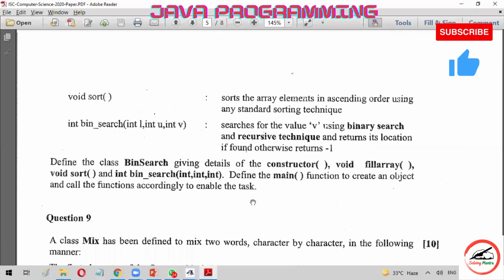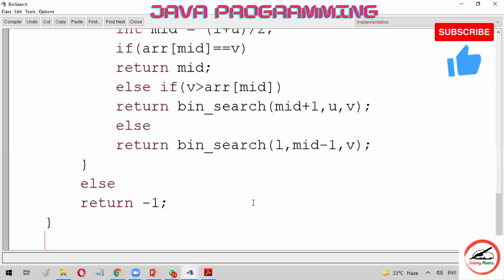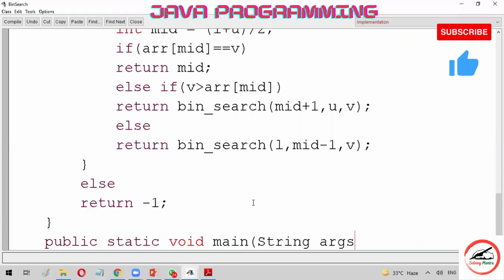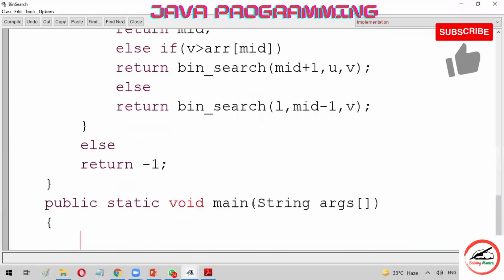Now we have to create the main method to create an object and call the functions accordingly to enable the task. So we are creating public static void main, the main method, String args. First of all, you have to make an object.